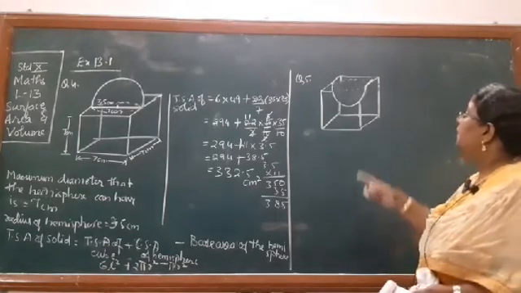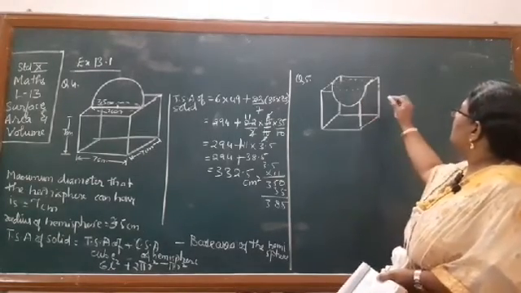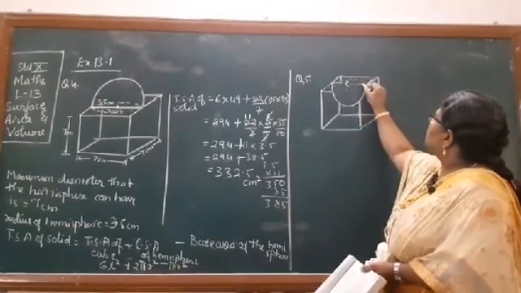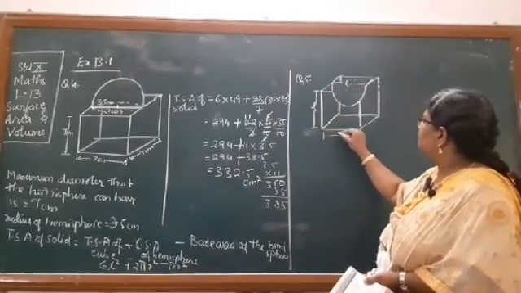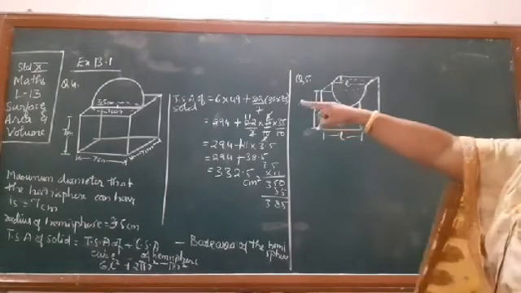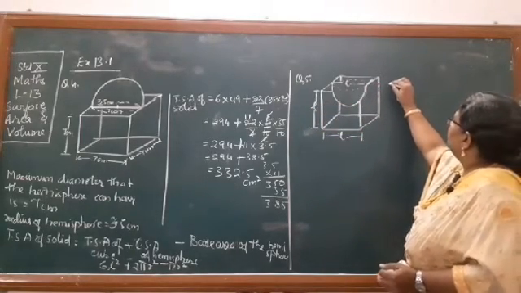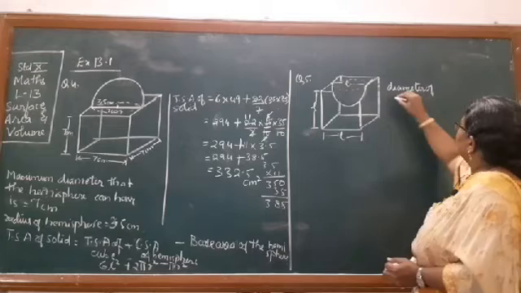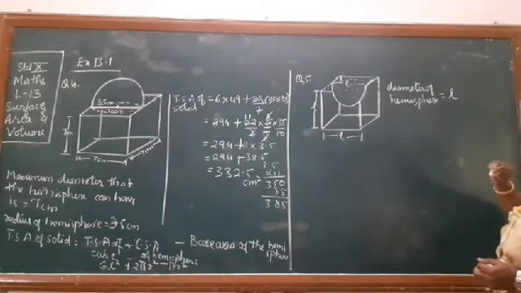Okay, so now what will be the total surface area of this solid, that is what is asked. Also it is given that this is the diameter of the hemisphere, it is equal to L, and each side will also represent L only. Are you understanding? It's the same thing only. There it was outside. Now it is inside. So what will be the diameter of hemisphere? Diameter of hemisphere is equal to L, given.